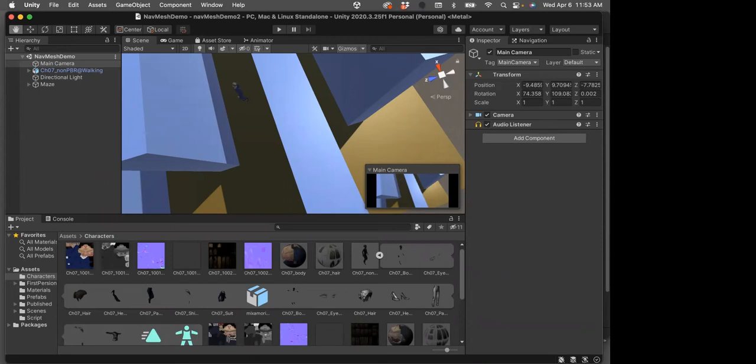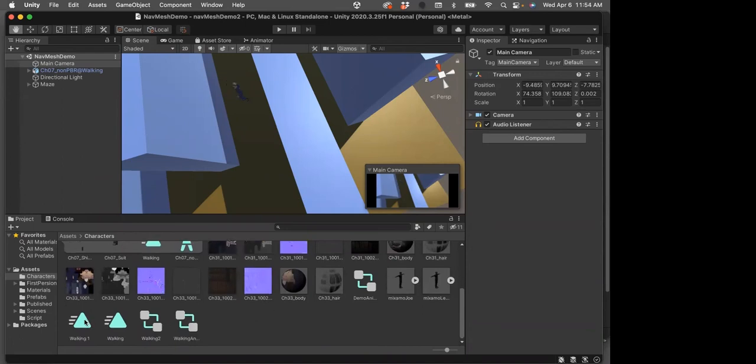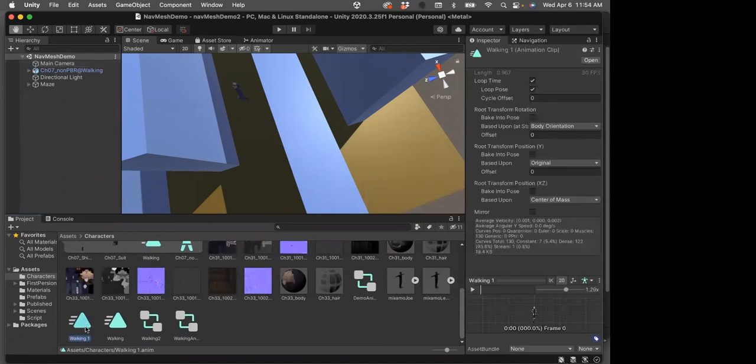And then to make sure, if it's going to be an animation that loops, such as the walk cycle, to set loop time and loop pose in the animation itself. So I did it by double clicking it in the animation controller, but you can just as well click the animation itself in your assets and set the loop time and loop pose. All right,